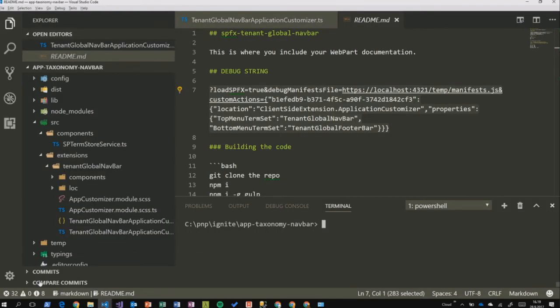So this is a taxonomy navbar, but this is a good example of a simplistic sample which might be there. This one is a SharePoint Framework extension. And this is just demonstrating how to customize a modern experience. So what I'm going to do, I'm not going to do anything more than actually start the sample. Maybe I'll do a quick